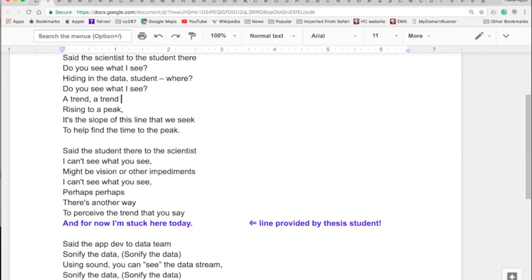to the data team. Just sonify the data. Using sound, you can see the data stream. If you sonify the